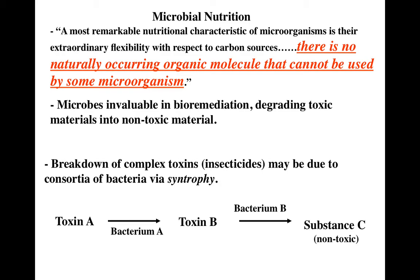But oftentimes what happens is that you have a second, so in this very simple cascade, bacterium B can take toxin B and break it down into a non-toxic substance, which eliminates toxin B, which allows bacterium A to still metabolize and to get rid of more toxin A. So oftentimes these are multi-species consortia that help to break down